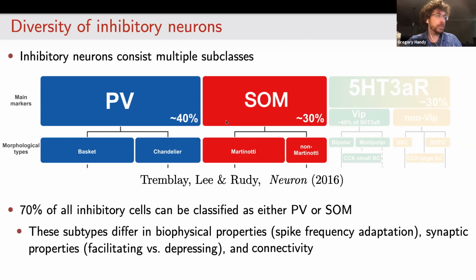But beyond these markers, they vary in many ways, such as whether they have spike frequency adaptation, their synaptic properties, whether they have depressing connections, as well as how they're connected in this network. And that's what I'll be focusing on here,